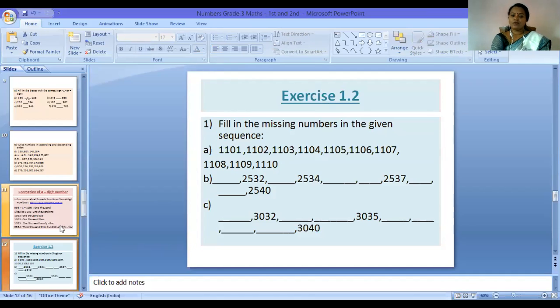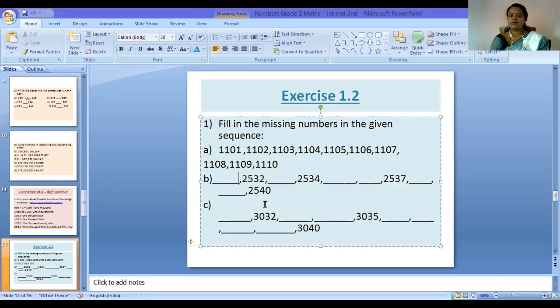Let us move on to solving the exercise. So here, fill in the missing numbers in the given numbers. So this is one of the examples where you see the series in the increasing order, where each number is one next to the other. Same way, can you guess what would be here the sequence? Yes,